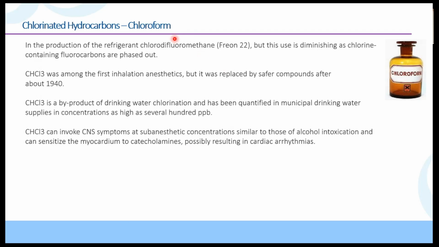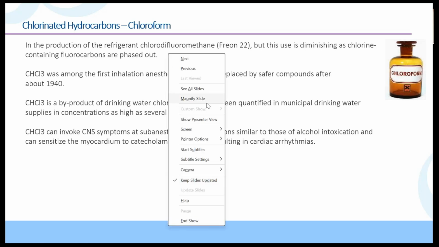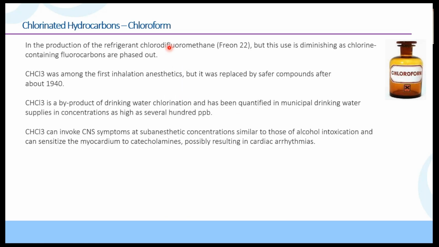And then moving on to chloroform, it is used in the production of refrigerant, which is chlorodifluoromethane, also called Freon 22. But this use is diminishing, as you all know that fluorocarbons are being phased out because of their diminished effect on the ozone layer. Then chloroform was also among the first inhalation anesthetics, but it was replaced by safer compounds after about